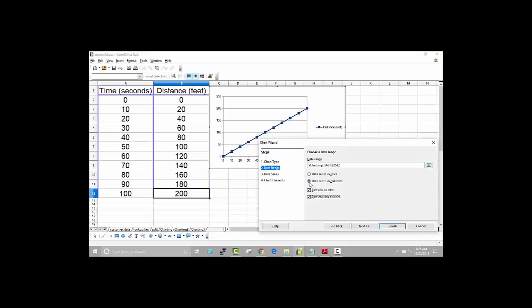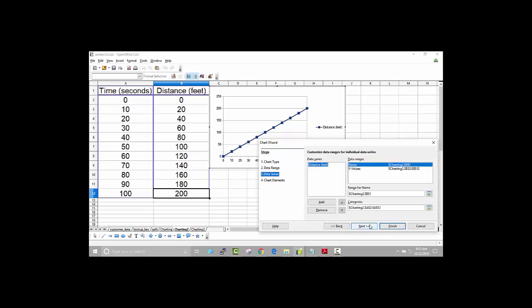And in this case, we're going to say that the data series are in columns. And like I mentioned, this will be your first data series. Okay, when you do that, click Next, and then it already knows that our y-axis is this second column, and we already saw that because of the way it was plotted. But if you had to change that, this is the place that you would specify what you wanted in the y-axis. And you can click Next,